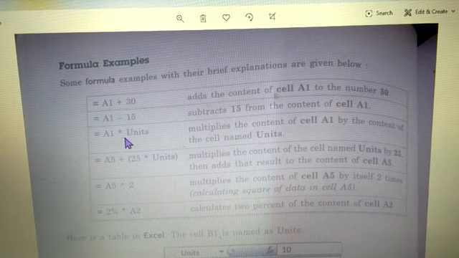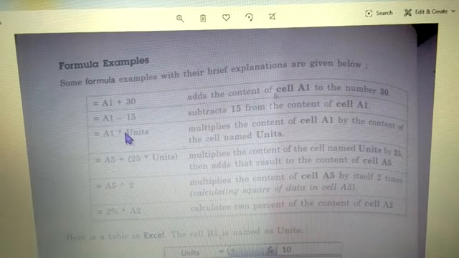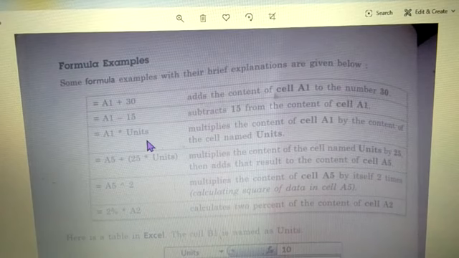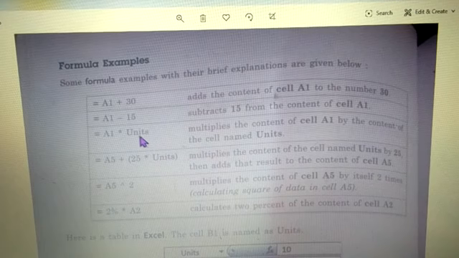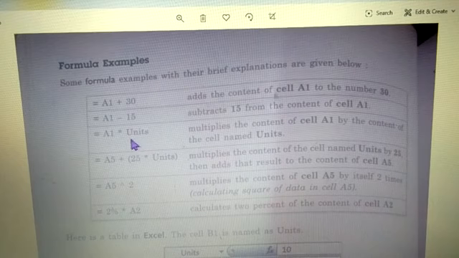Then A1 into units. See, this star sign is for multiplication; remember that, children. Now what does units mean? Units means that whichever cell is named as units, the value of A1 will be multiplied with the value of the cell named units.